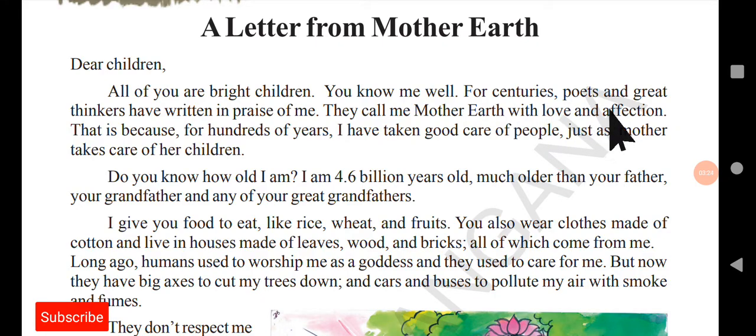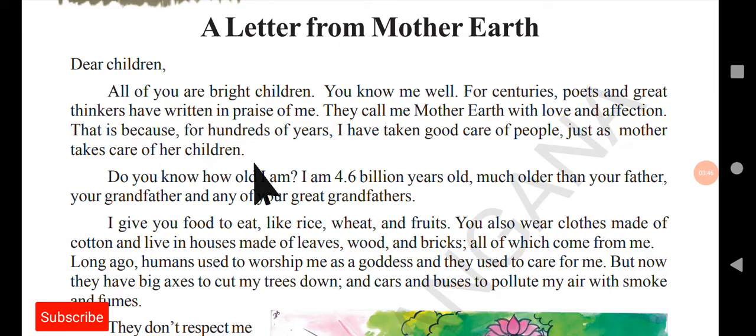For centuries, poets and great thinkers have written in praise of me. They call me Mother Earth with love and affection. This is because for hundreds of years I have taken good care of people, just as mother takes care of her children. So Mother Earth is telling that